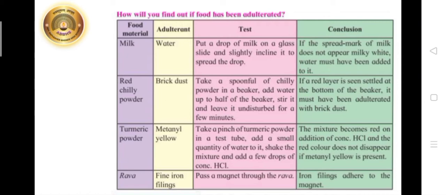Conclusion, the mixture becomes red on addition of concentrated HCl and the red color doesn't disappear if metanil yellow is present. Food material, rava. Adulterant, fine iron filings. Test, pass a magnet through the rava. Conclusion, iron filings adhere to the magnet.